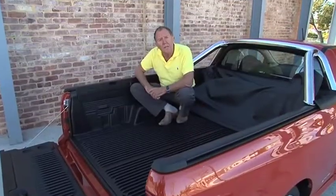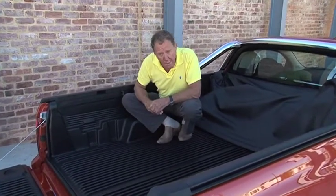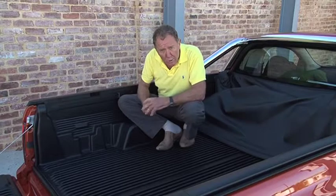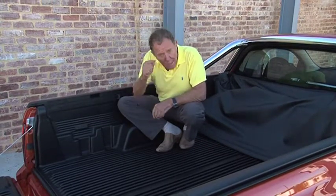Now this rig has a large back deck area and can carry just over half a tonne, and if you've got a brake trailer you can tow 2.3 tonne. Now the tub liner comes as standard equipment and that is a must. I don't know how many utes you've seen with big dents out the side. These things enhance the beauty of your car and add to the resale value if you trade up to a